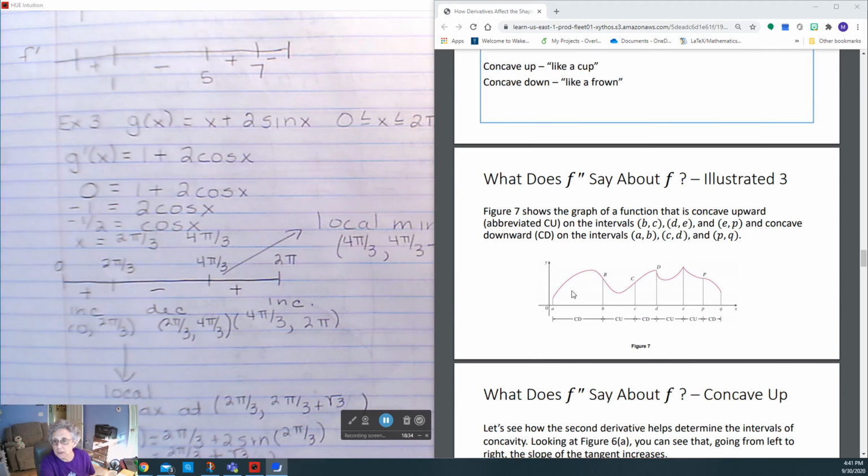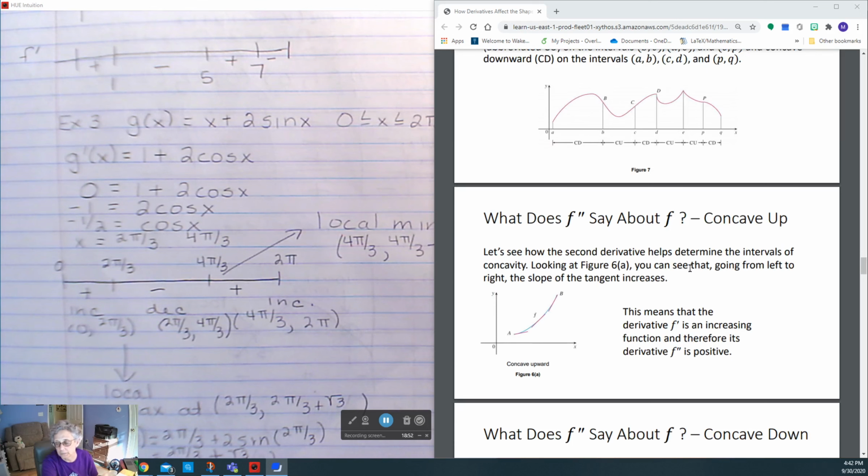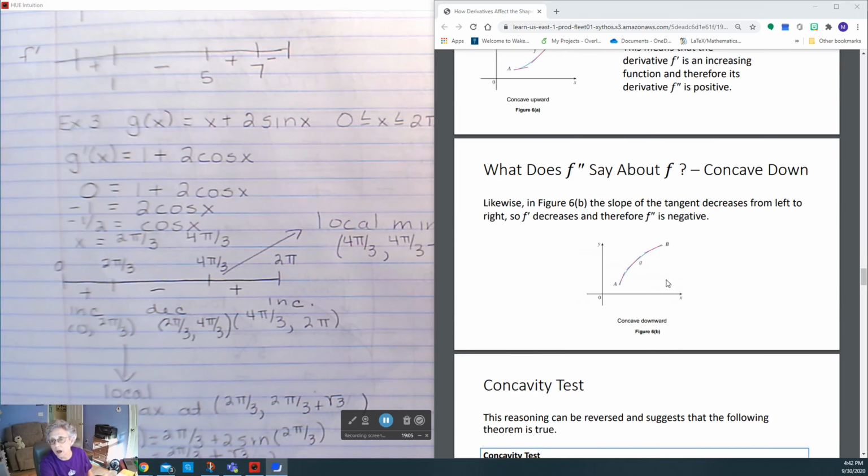So just looking at the picture here, concave down until we get to point B where it changes to be concave up. Concave down, cup, cup, frown. Increasing at an increasing rate, therefore the second derivative is positive, concave up. Concave down, you can see the tangent lines are sitting on top of